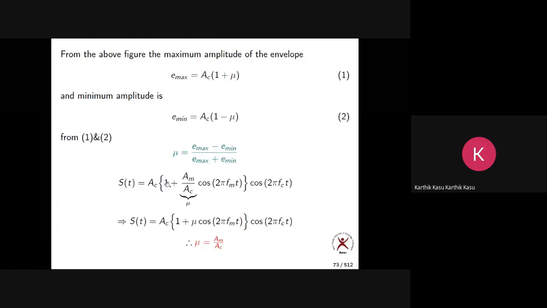What you do is you just expand this. If you expand this, still it is an AM signal only. There you get KA as 1 by AC. What is mu equal to? KA into AM. So what is KA? 1 by AC. Then mu equal to AM by AC. So after the class, expand this. In place of KA, you get 1 by AC. If you still did not understand, I will clarify in the next class.